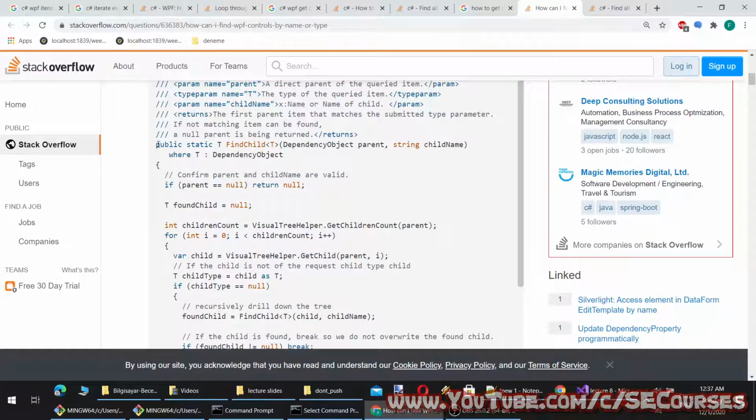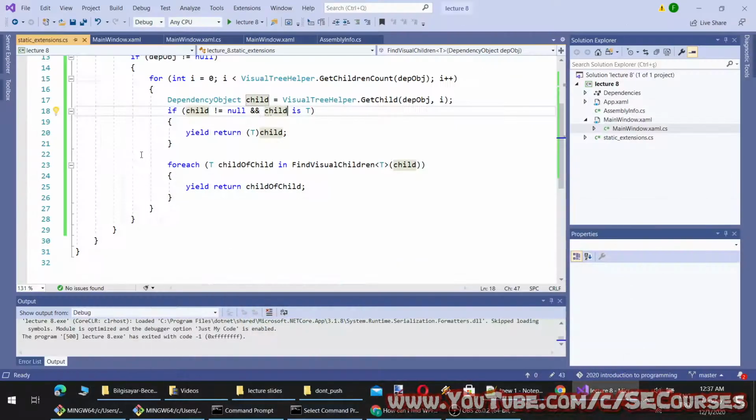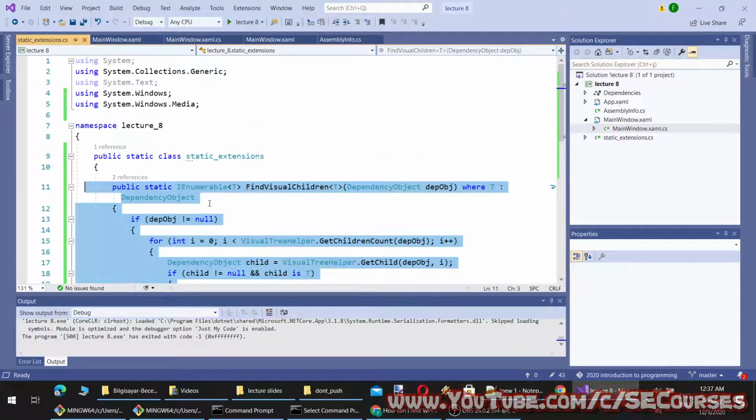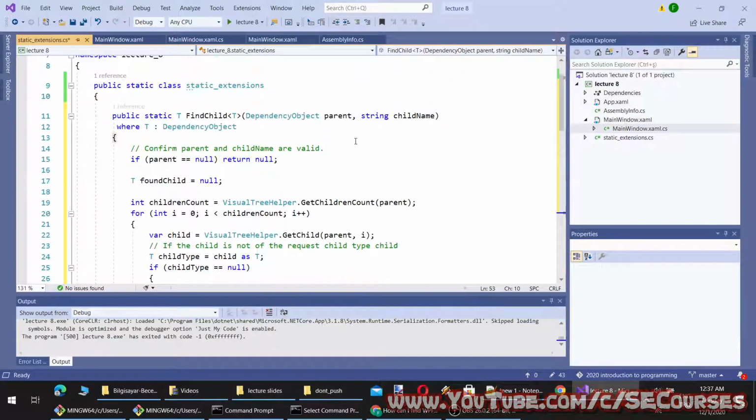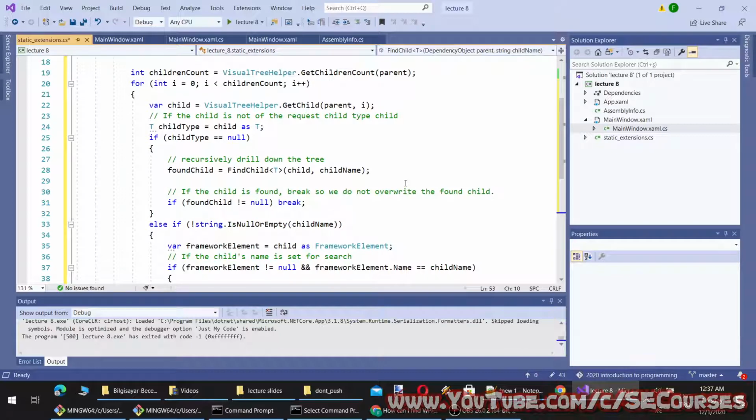Okay, so this looks like a better methodology, and I will replace this method.